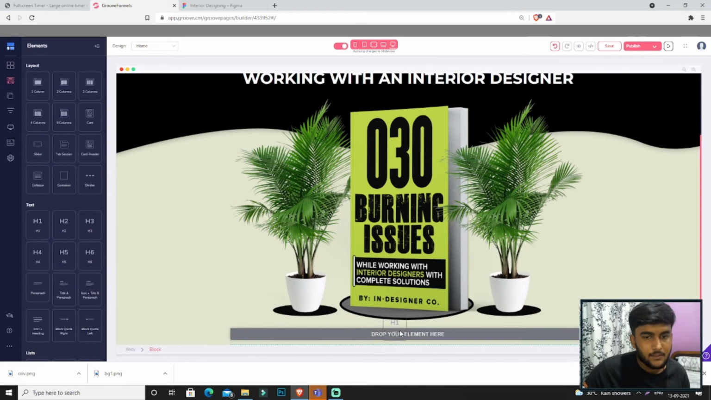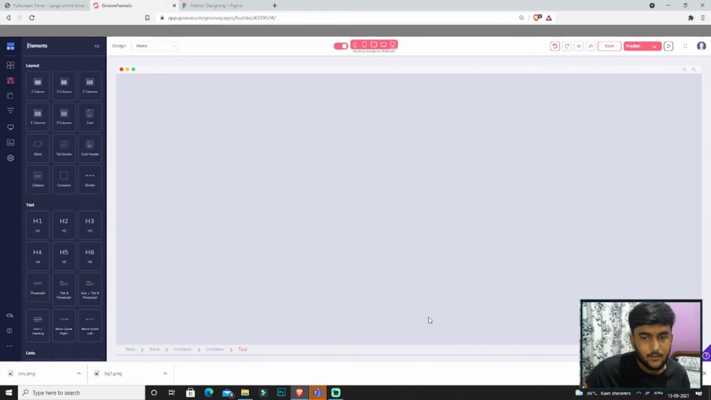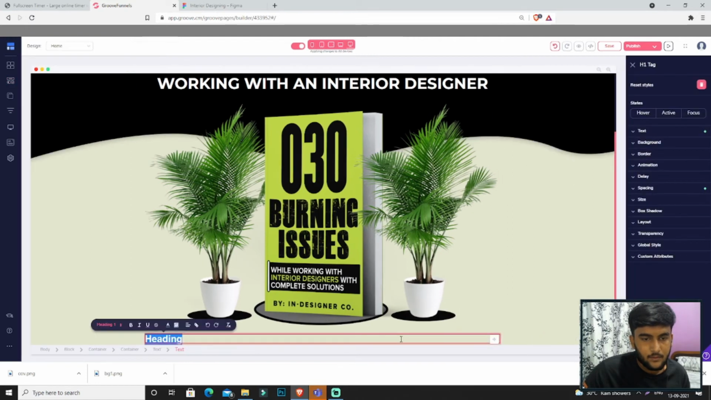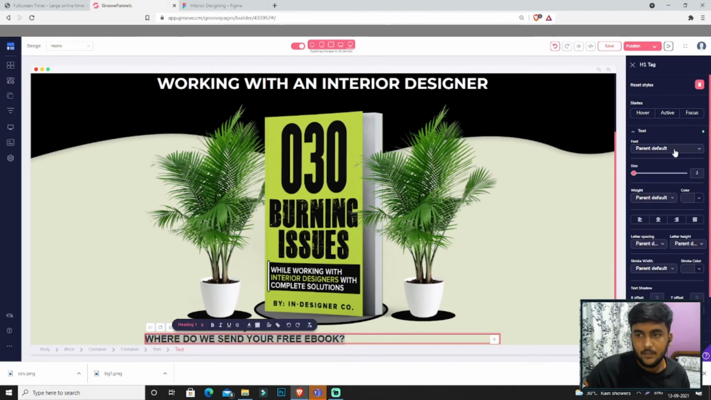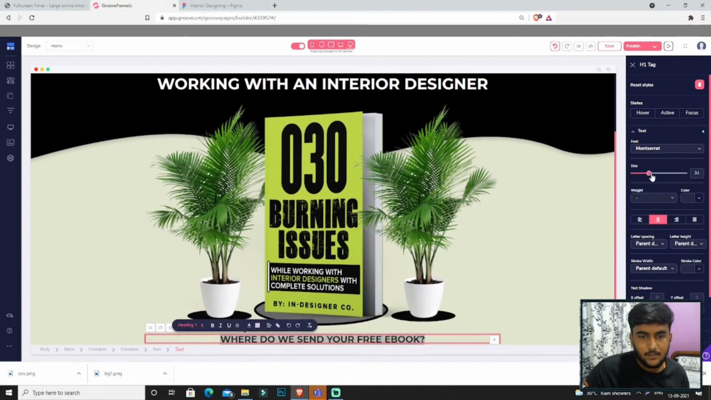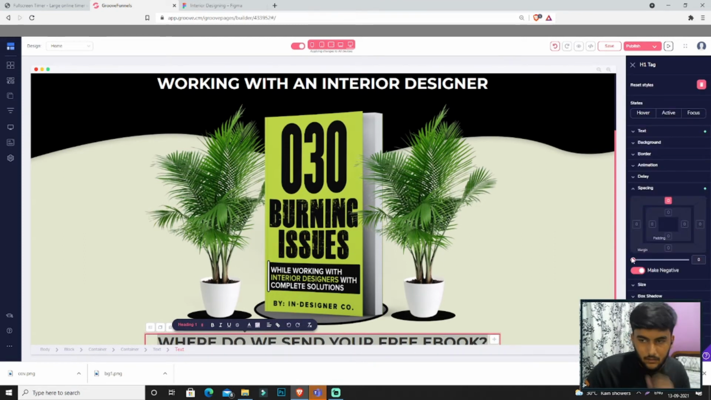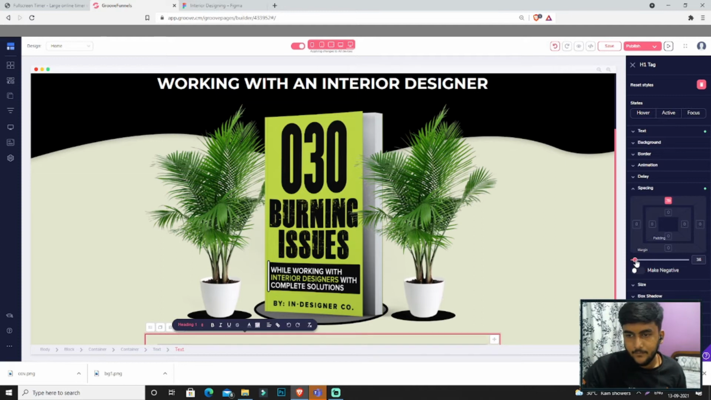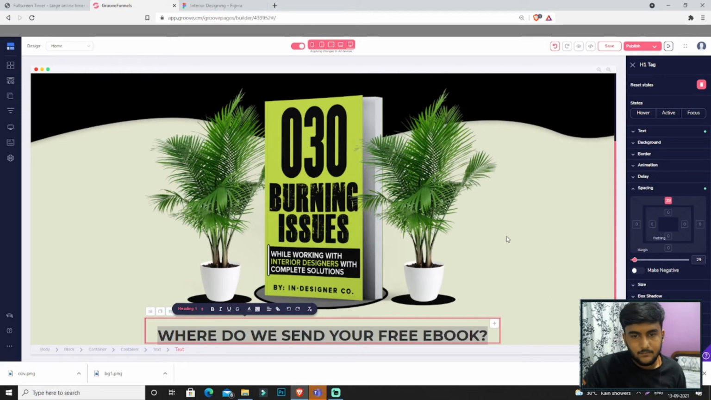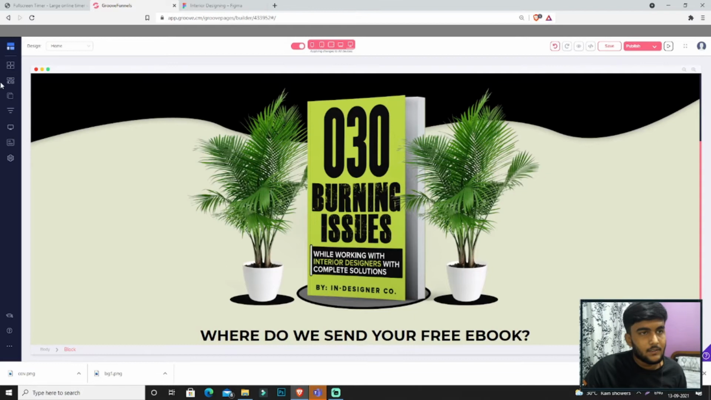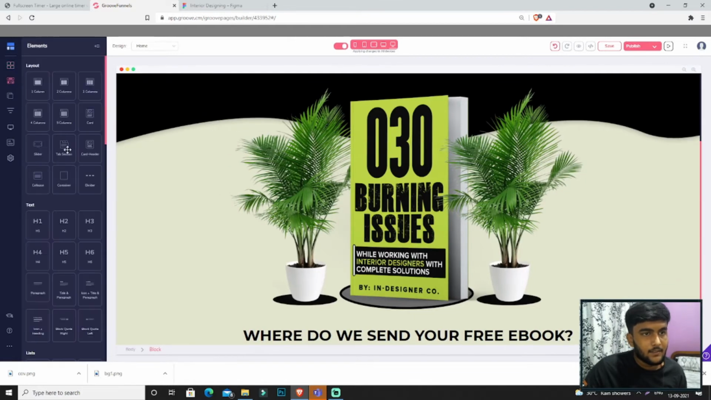We will have a text over here, so drop it, paste, change the text font, align it center, increase the size, give it some space. Here we go. Now we will add another container,